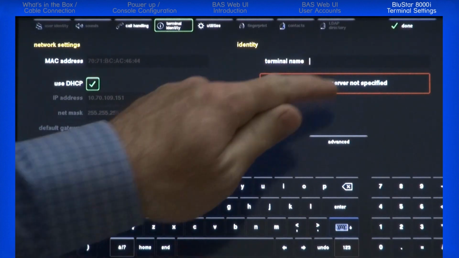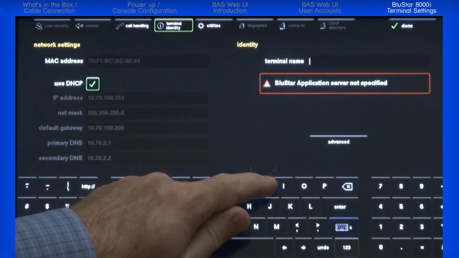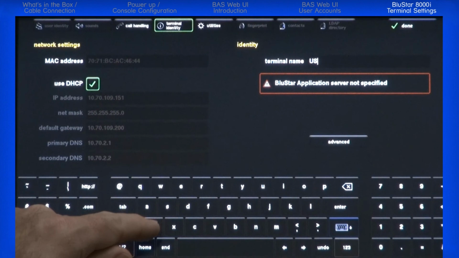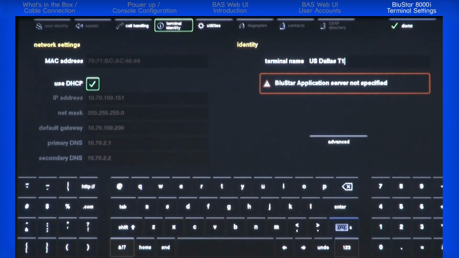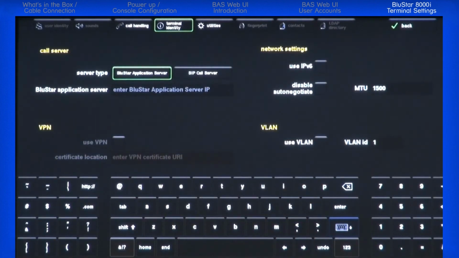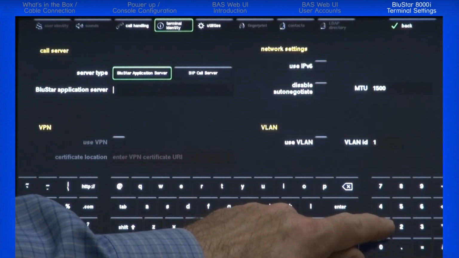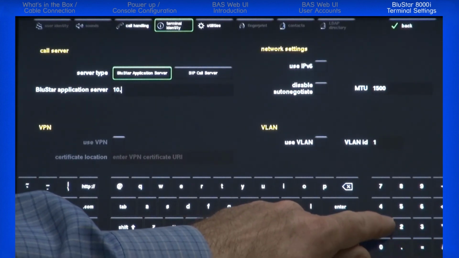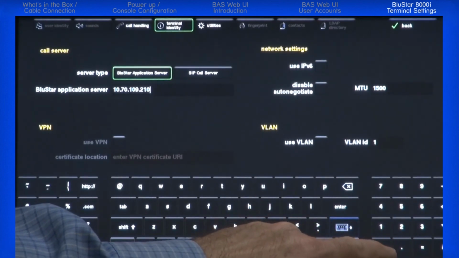On the right side of the screen, touch the field next to Terminal Name and enter the terminal name. I'll name this terminal US Dallas Terminal 1. Then I'll press the Advanced button. In the Server Type field, BluStar Application Server is selected, which is what I want. The next field is BluStar Application Server. I'll need to enter the domain name or the IP address for the BluStar Application Server. For this example, I'll enter the IP address